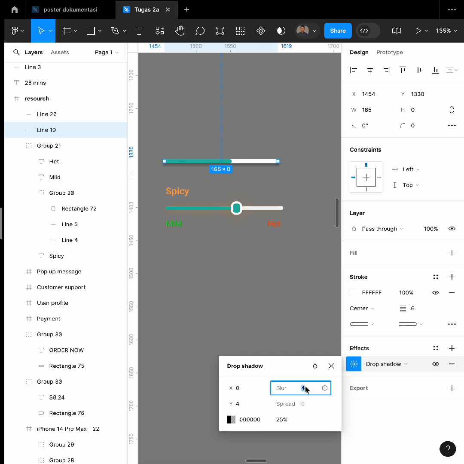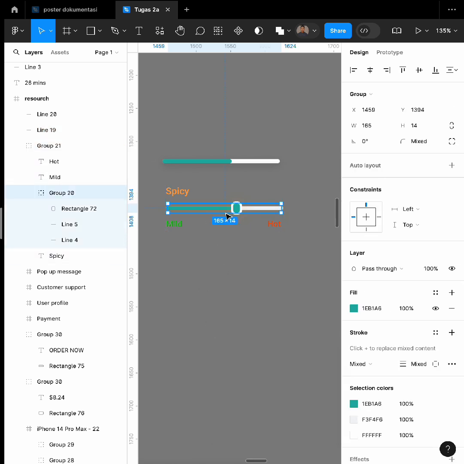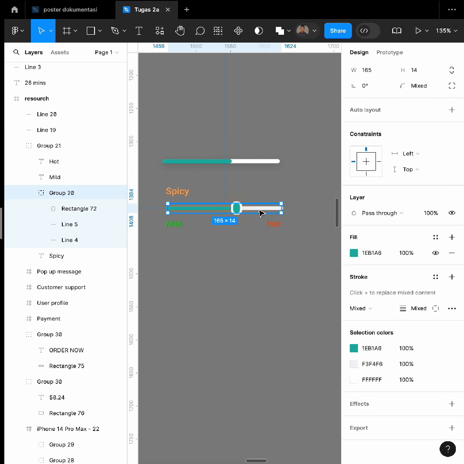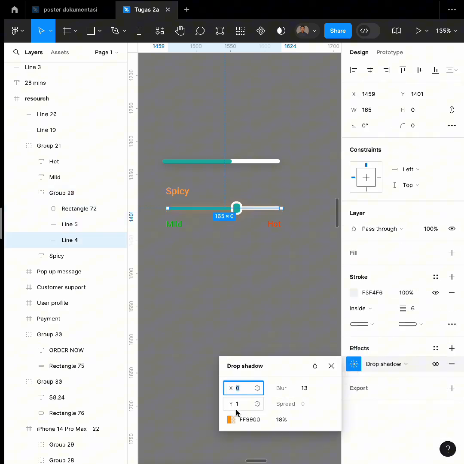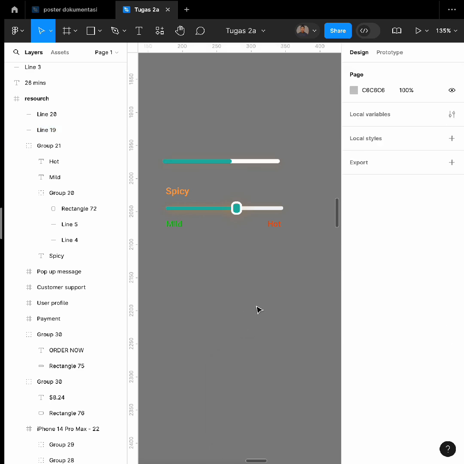With the blur 13, and with the opacity is 18, and with Y 1, and the color is FF9900, like that.